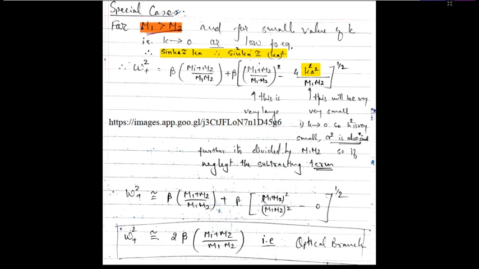So let m1 be heavier compared to the atom m2. In this case the vibrations achieved by each atom will have different amplitudes, and what that is, we will see today. So if m1 is greater than m2, let us check the behavior of the